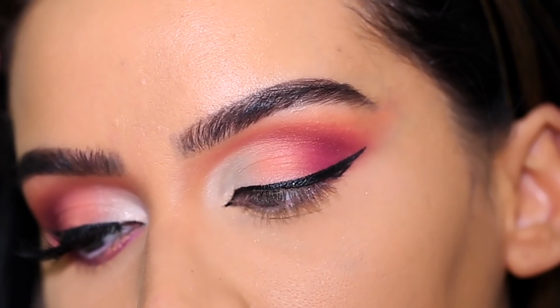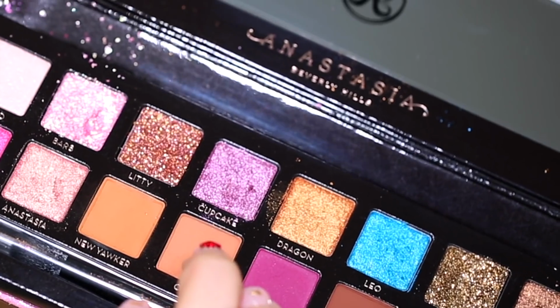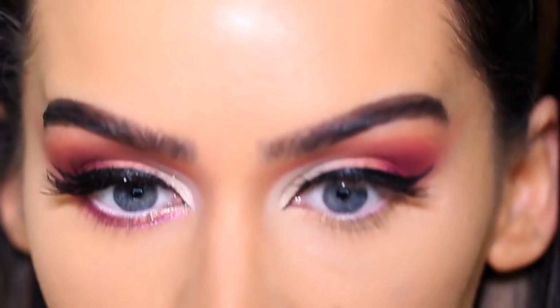star in you. For my lower lash line, I'm grabbing the color Cupcake. This is gonna go right on the